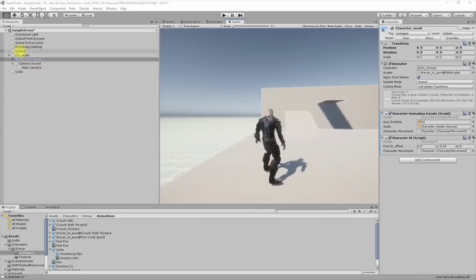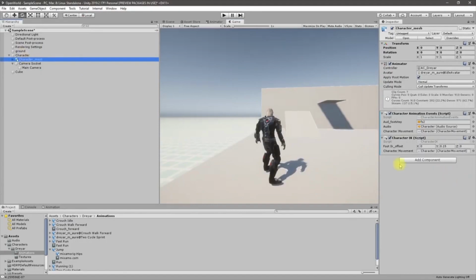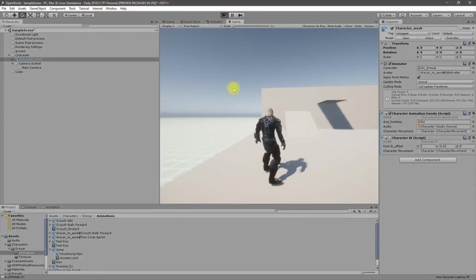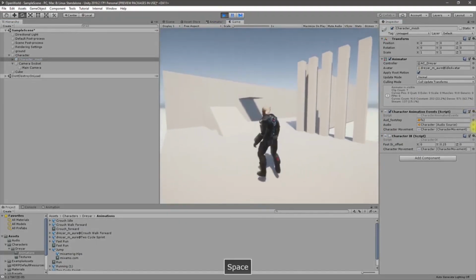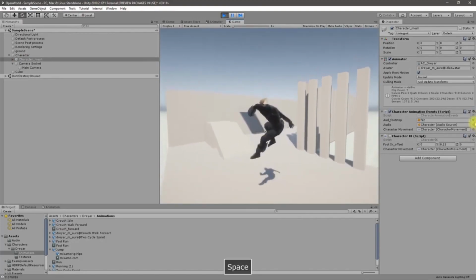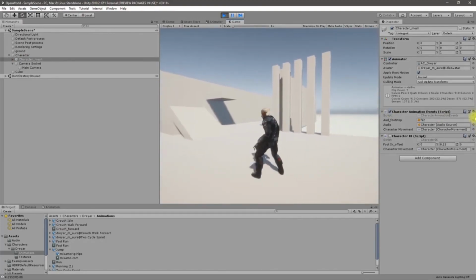Alright, so this episode has taken more than 30 minutes, about 30 minutes now, so I'll stop at this point, and tomorrow in the next episode I'll further research on how to solve this problem. For now I'll disable IK, and yeah, here is the jump we created. It's not perfect,